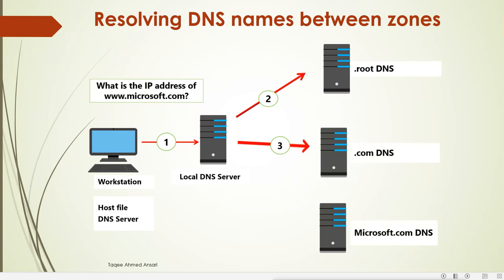So if you want your domain to be accessed from the internet, then what do you have to do? You have to register your domain. Now, what has Microsoft done? It has also registered its domain. It has registered the domain into the .com, or top level, DNS servers. So the information about the Microsoft domain is registered here under the .com top level DNS server.